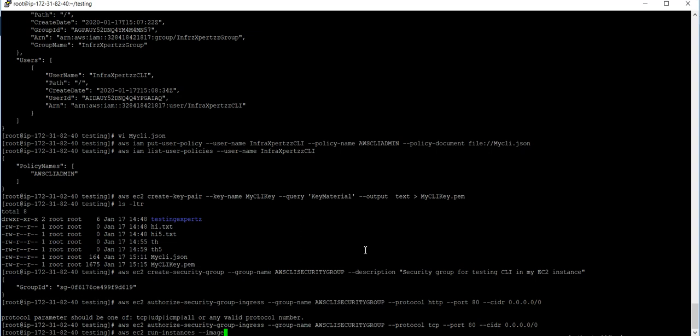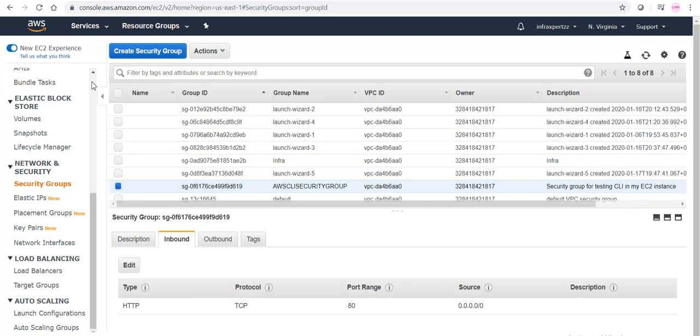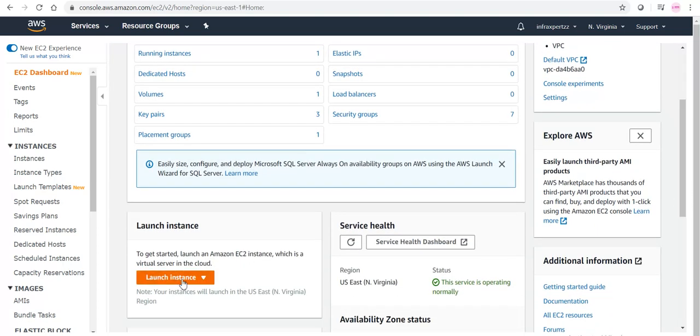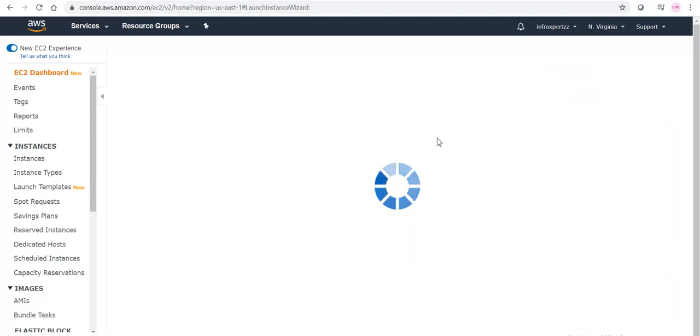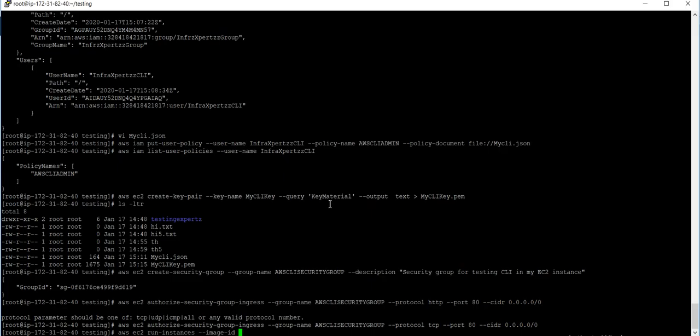You need to log into the console, go to instances, while launching the instance you can check from here, and this is what I need for 64-bit x86. This is the image ID